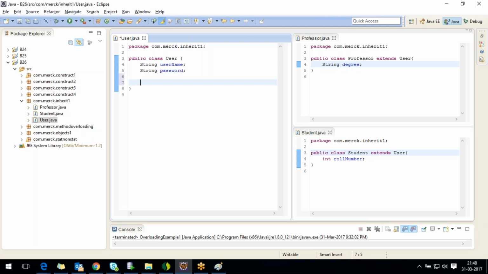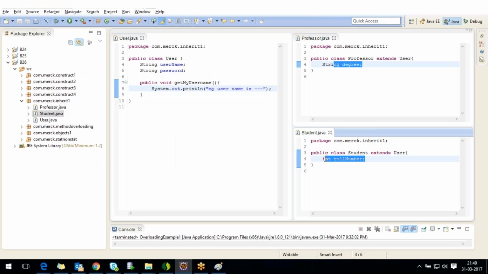Say you have public void get my username. Okay, this is the method. Say SYSOUT, my user name is dash dash dash. Okay, even this method will be inherited, guys. Okay, even the method will be inherited in the professor class as well as the student class. All right,